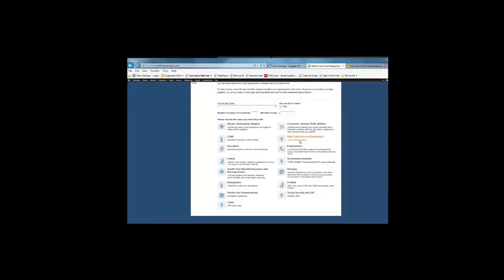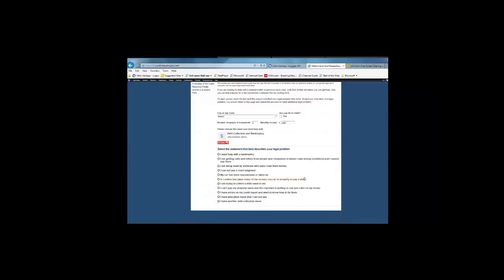So, for example, someone coming in doing a search, say they live in Boston, they'll fill in where they live, a zip code or the name of the city. A lot of programs that do intake have certain special criteria for intake based upon whether someone's a senior or not, so they would be able to designate that. Then the number of people in the household and monthly income. And say someone's calling because they want to do a bankruptcy, they would go to the bankruptcy icon and open up, and underneath that,